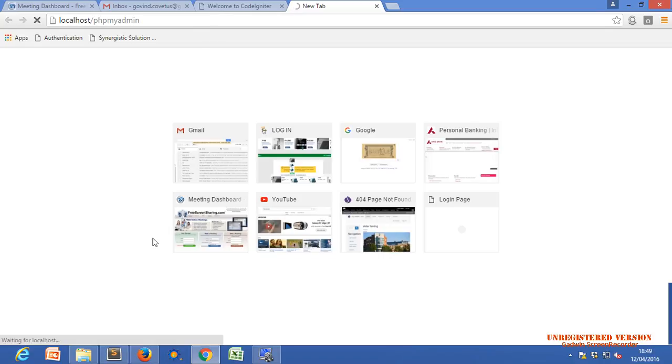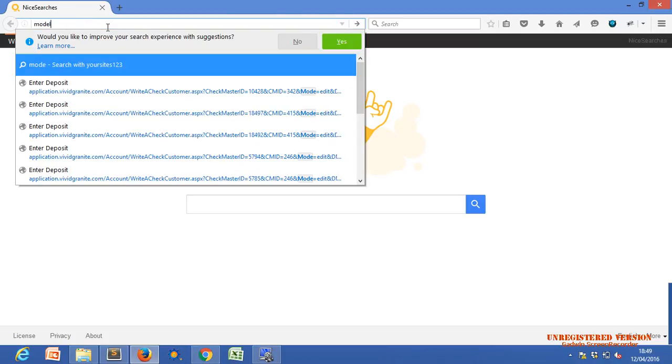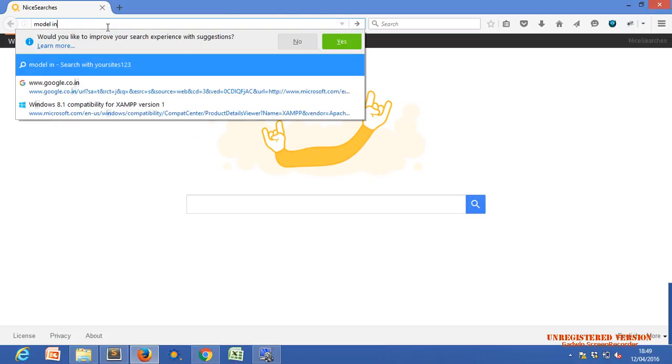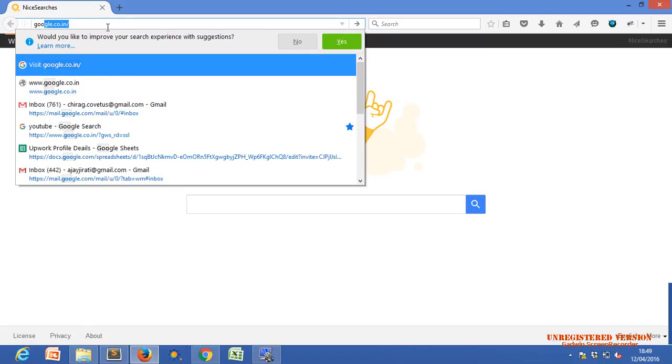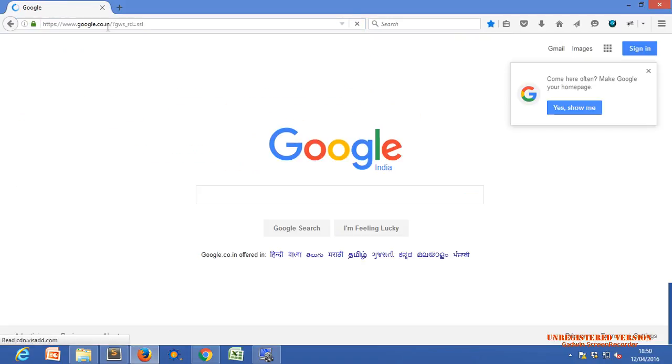It takes some time to load. Search for model in Google. You can directly Google if you find any error, any issue, or if you want to learn a new thing in CodeIgniter or any other CMS or framework.